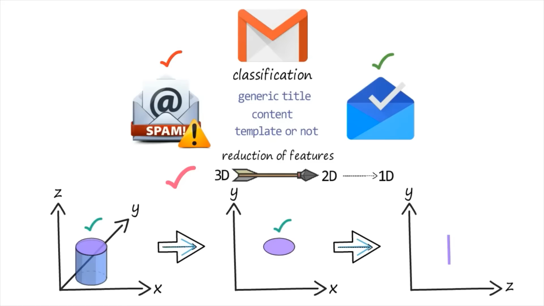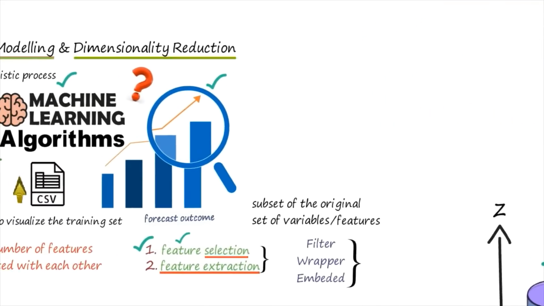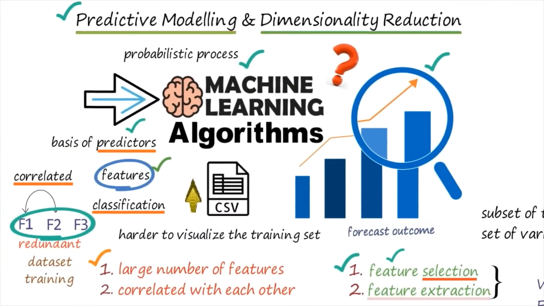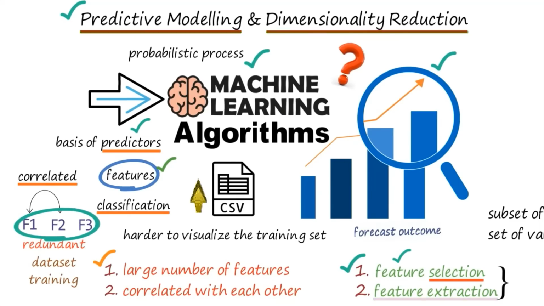That is, it reduces the data in a high dimensional space to a low dimensional space, that is, a space with a lesser number of dimensions. So here we have x, y and z axes. Here we have x, y axes only, and in one dimension we can choose any one of the axes. So each time a lesser number of dimensions is considered, right? So this is the overall idea about predictive modeling and dimensionality reduction.